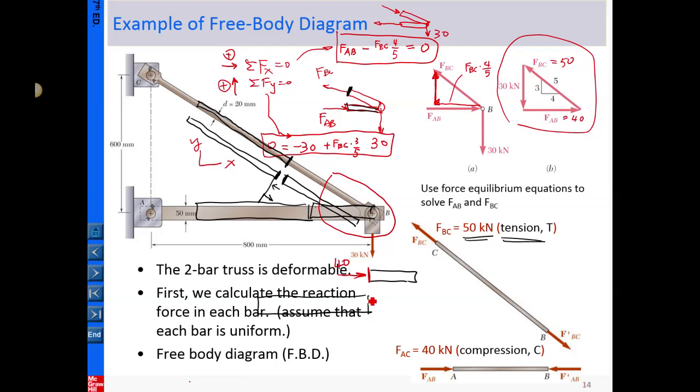So at the same cross section, that is the action-reaction concept. So that is a 40 here. Okay, and in these portions, due to force equilibrium, that is a 40 is this. So for this case, you determine the magnitude is 40. The direction is in the same direction as AB. And now, most important, you can see this pair basically tries to compress this portion. So that is compression. Okay, so that is our first step using the free body diagram to analyze the